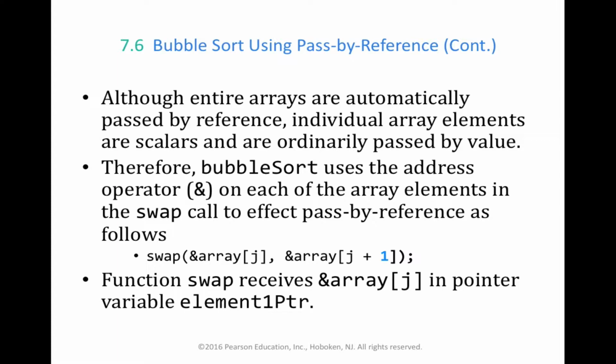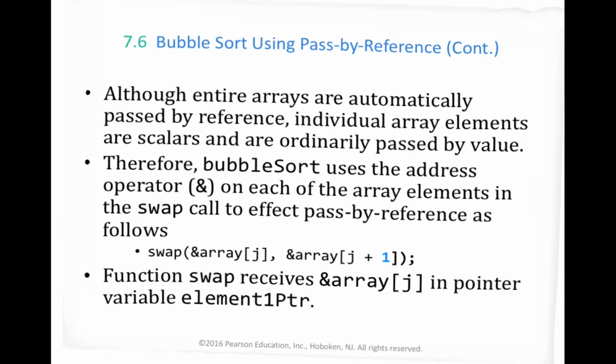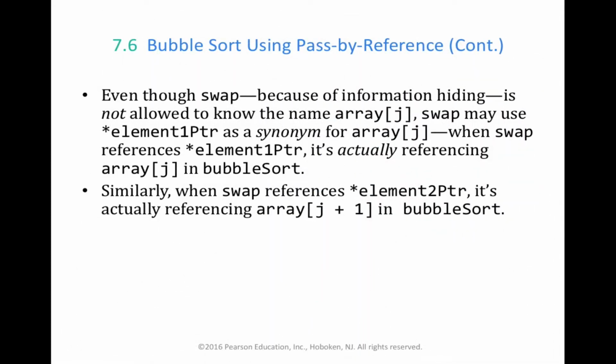This is a situation where you would have to use pass by reference because we cannot return two values from a function call. This is a really good example of where a really appropriate use of pass by reference is invoked. Even though swap, because of information hiding, is not allowed to know the name of the array, swap may use